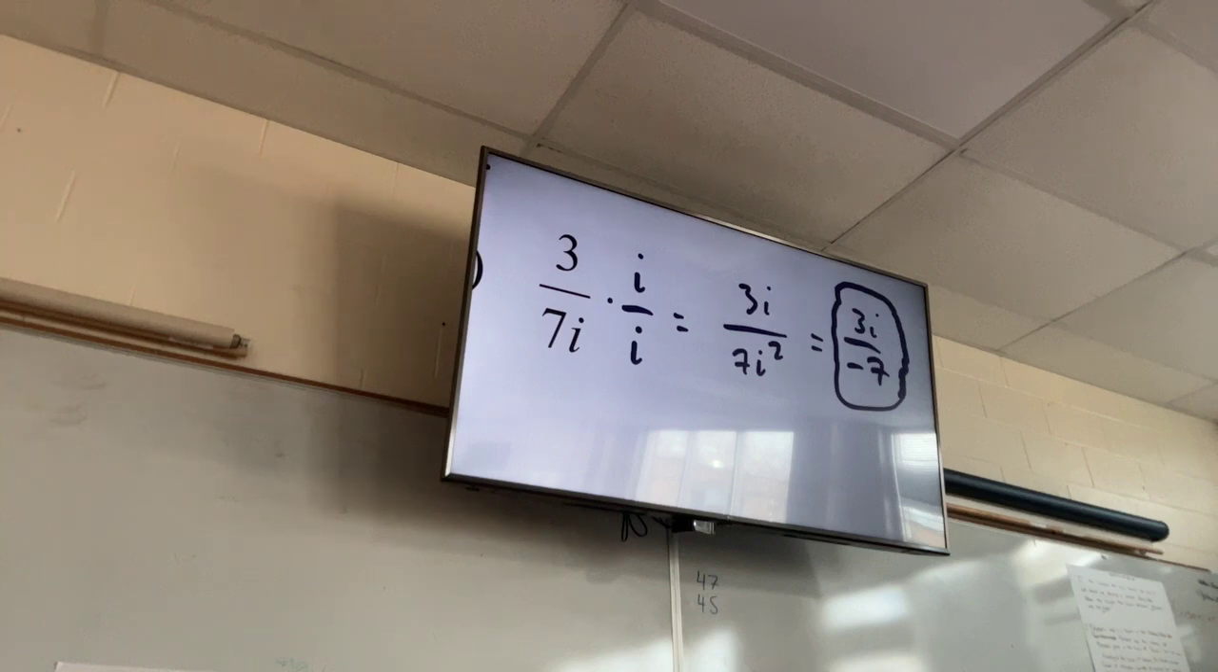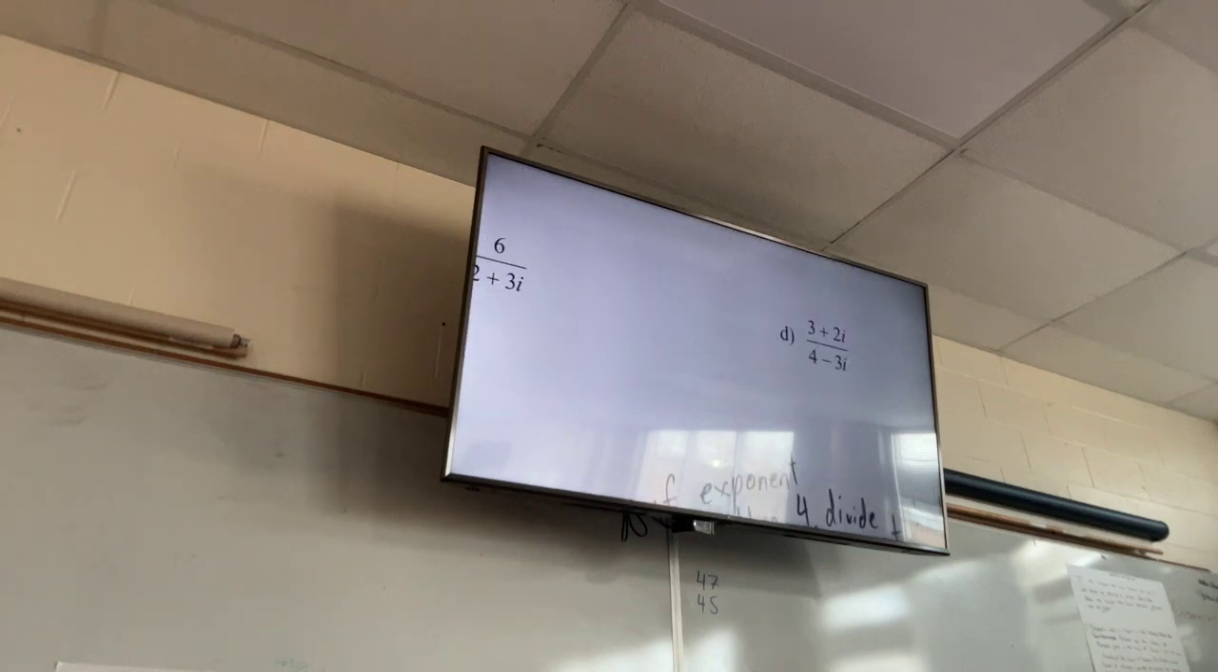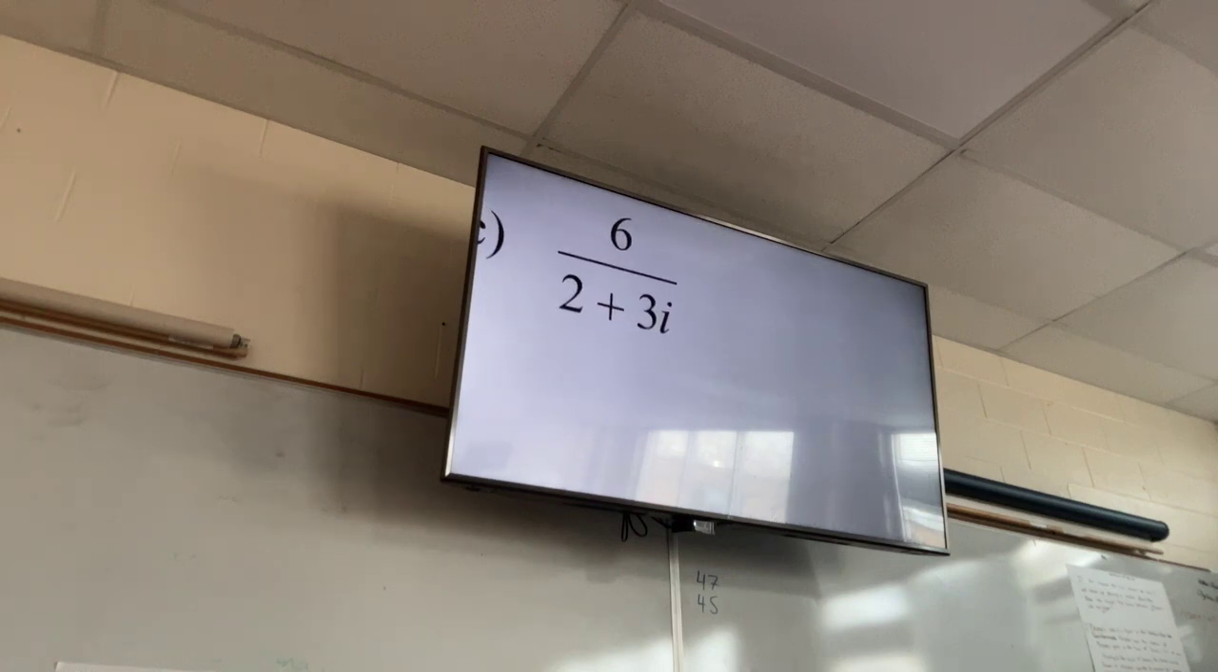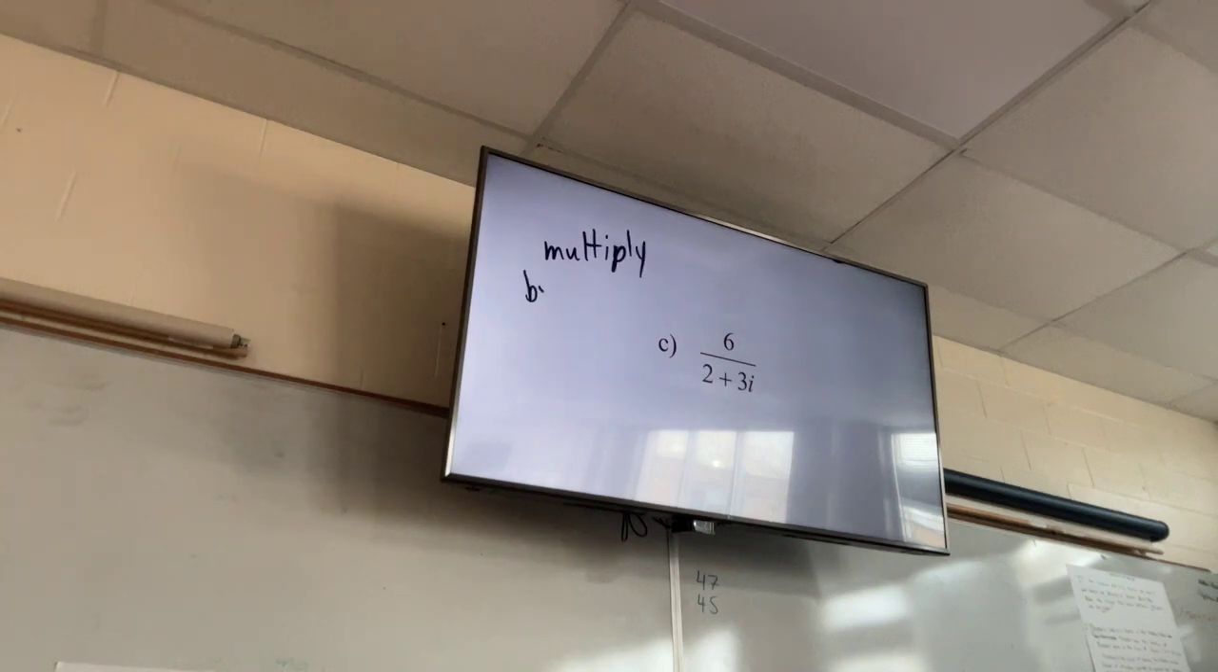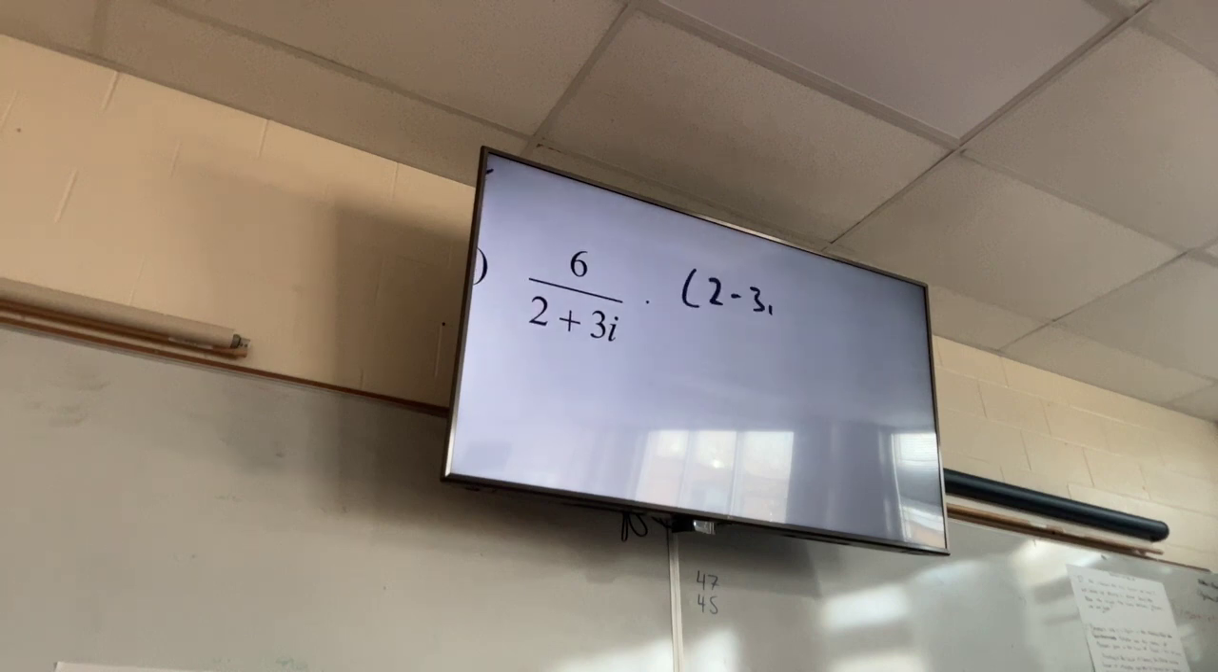Alright, any questions over those? These two are a little different. There's 2 terms, right, in the bottom. What do I multiply when there's 2 terms? Good job. Yes, you multiply by the conjugate. Multiply by the conjugate of the bottom. Good job, guys. So times 2 minus 3i all over 2 minus